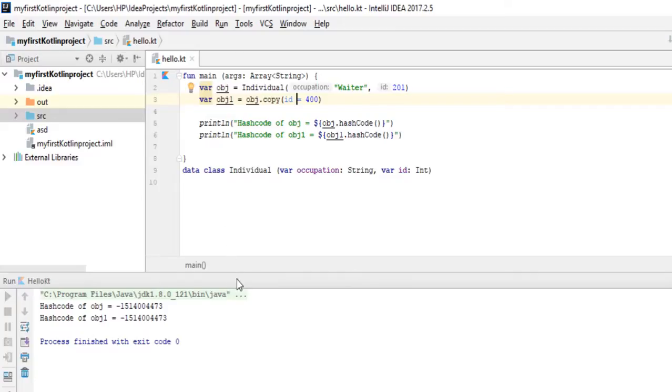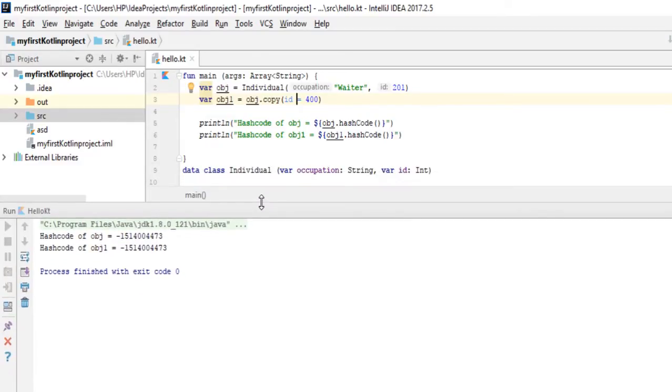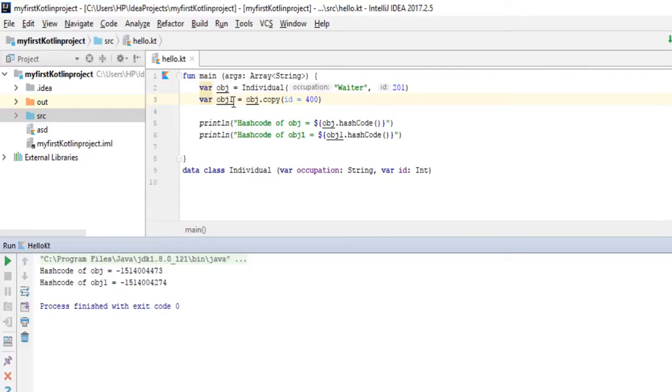Run, and now you can see here this is 73 and this is 74. So now this object 1 is not an exact copy of object. This is because we have changed the id property of this object 1.